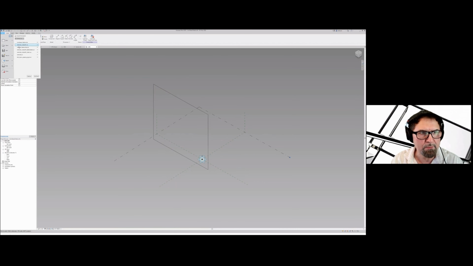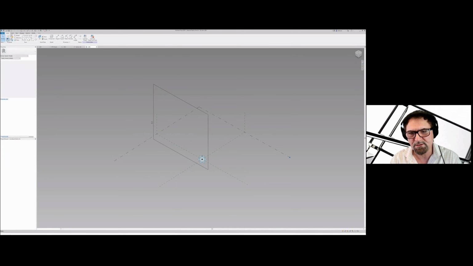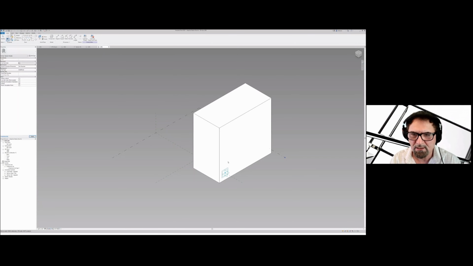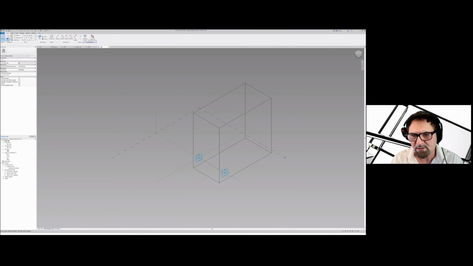Another adaptive component, which is the station. So the station family has, I'm going to just quickly show you here with wireframe. So that station box runs along the same reference line. Now, this reference line is hosting the entire station box.